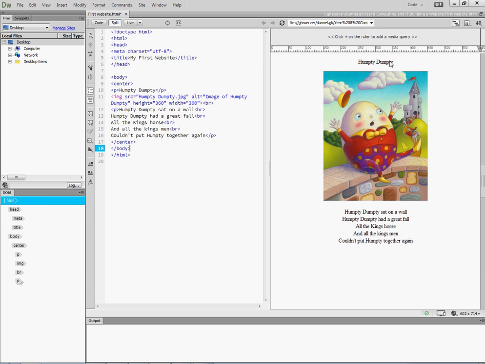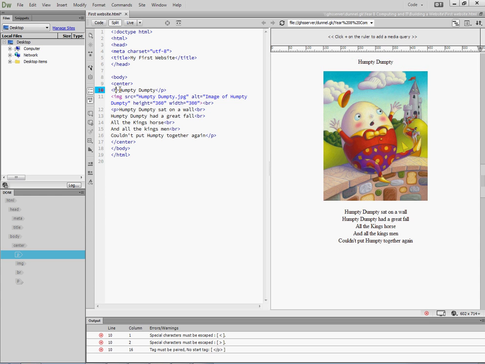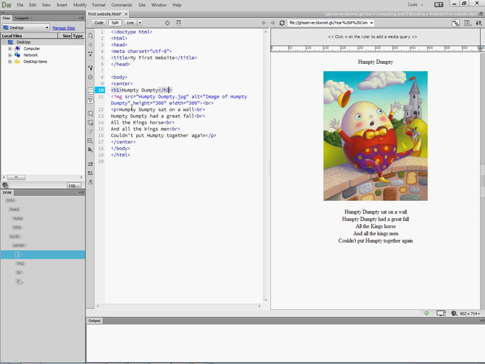Second, I think the title should be bigger than that. So instead of using a paragraph for the title, I'm going to use a heading, H1. So instead of saying I wanted it as a paragraph, I'd like that as H1. So I've said start H1, write Humpty Dumpty, stop H1. So only the bit that says Humpty Dumpty between the two tags, the opening and closing tags, only that bit